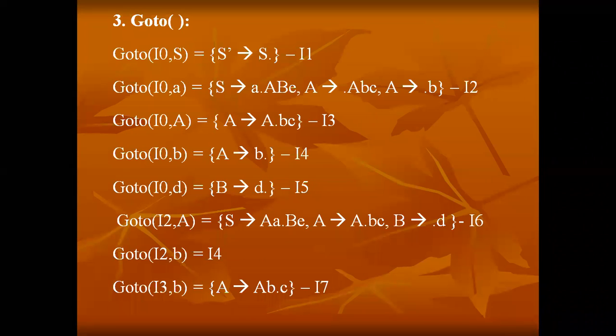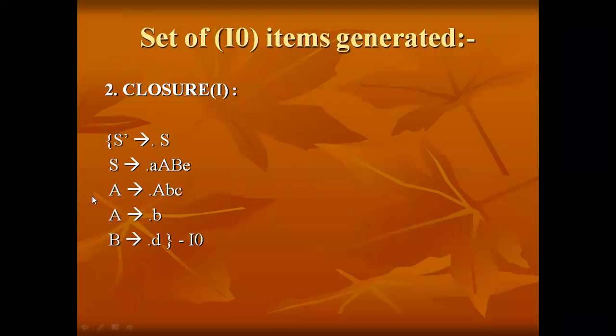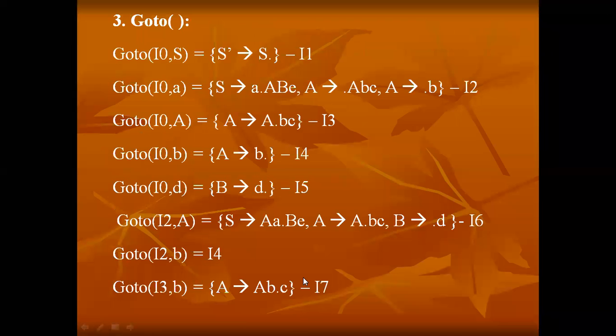This is the implementation or the computation of the go to function. Most important, this is a very simple grammar. This LR we are implementing for simple grammars, right? So it is very easy to understand and very easy to develop. And if you are clear with the construction of this go to function, then it is very easy to construct the parsing table for the SLR.